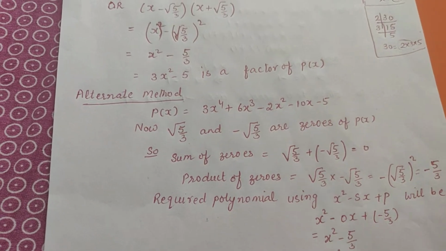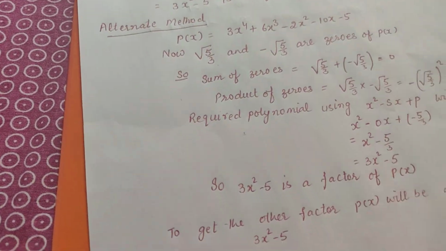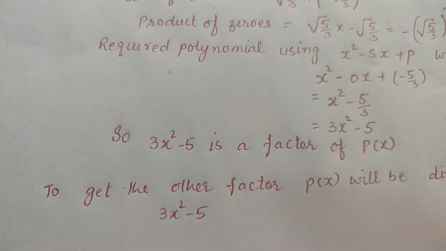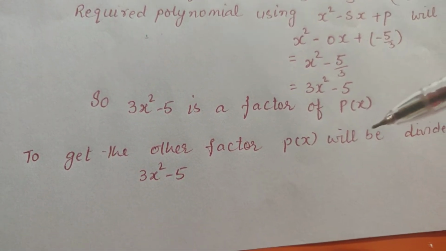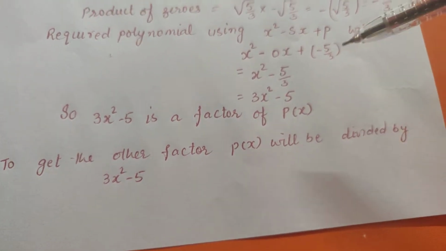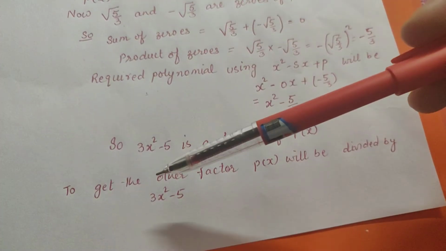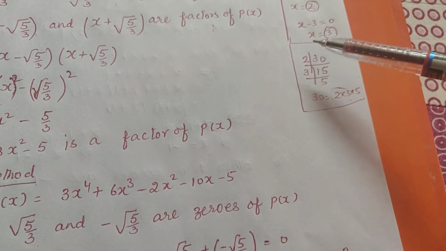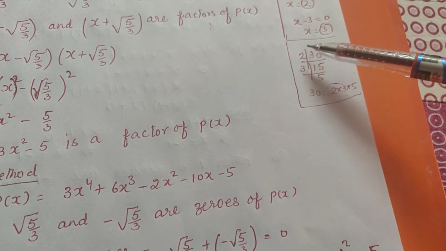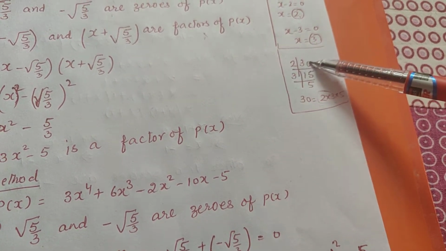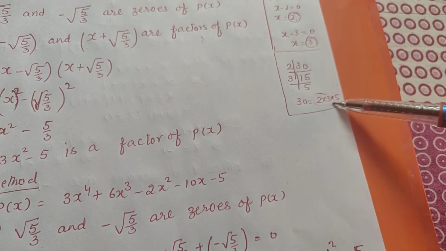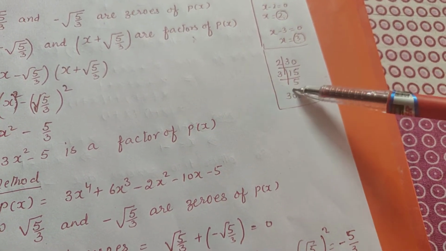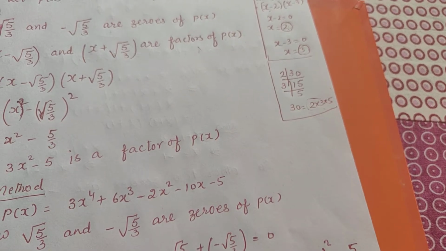Now, once we find the factor that this polynomial is a factor of p(x), to get the other factor, what are we going to do? We will be dividing p(x) by this. Now, why this? Again, check this one. Suppose somebody tells you 2 and 3 are factors of 30. 2 and 3. Now, you have to find the other factor. Two factors I know, 2 and 3. Now, there is one more factor. You have to find that.